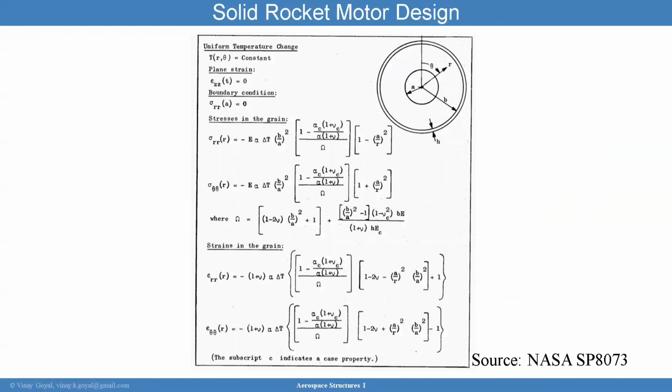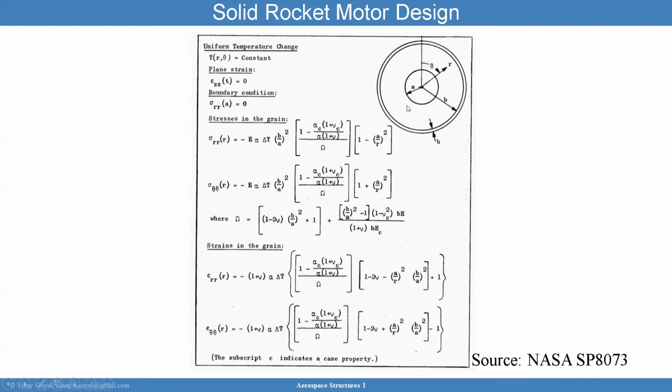You're also going to have to look at the strains in the propellant. So if this is a metal or composites, the inner here, right here inside, and the source here is NASA SP 1073. This is a grain here. And so this analysis considers both the effects of temperature change, because temperature can cause stresses